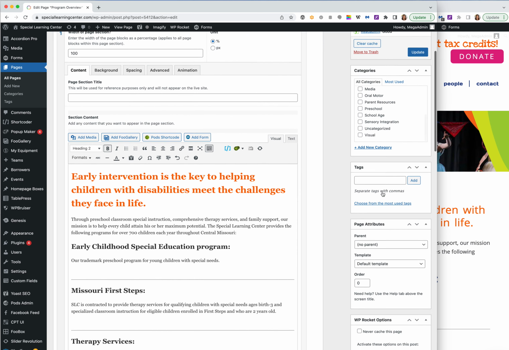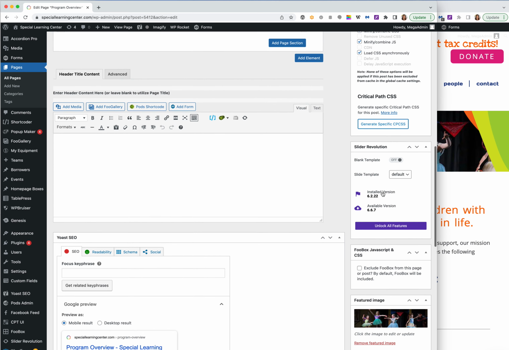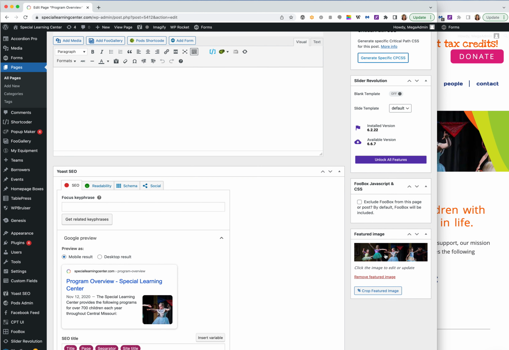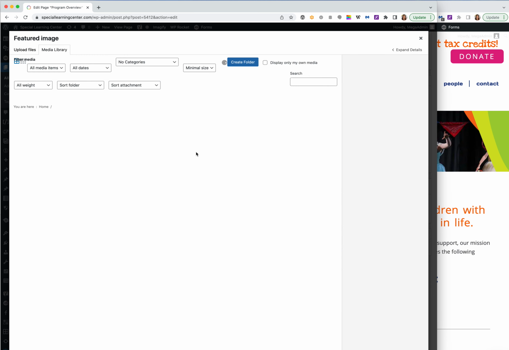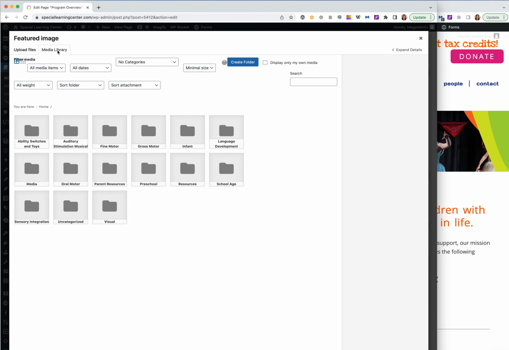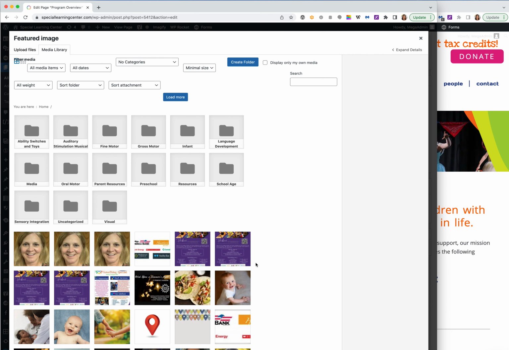Then if you come over here to the right and scroll down a bit, you'll see the featured image. You can remove this and you can set another one. So for instance, if I remove this image and I set a new featured image, it's going to take me to the media library. Now there's quite a few folders in here for